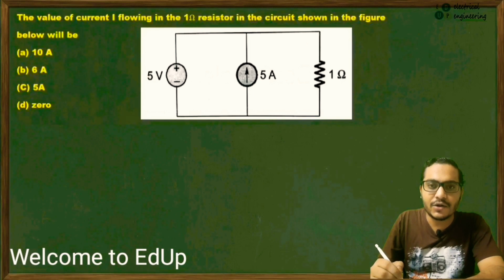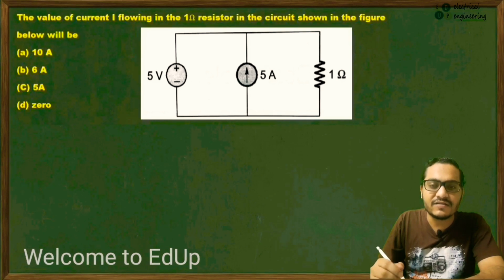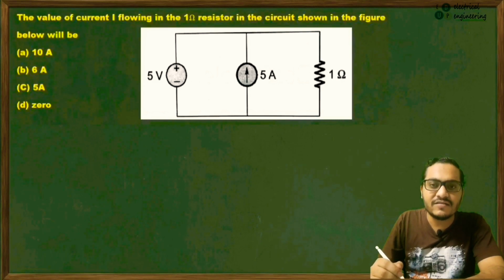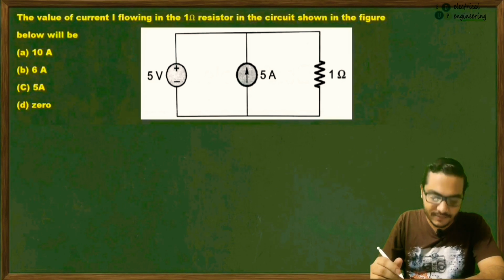This is the second part of the 6th lecture, and in the 6th lecture I told the concept of combination of sources in detail. So in this lecture we will solve some more MCQs regarding that concept. One sincere request from my side: before watching this lecture, please watch that lecture first, so that this entire lecture will be very clear to you. Okay, now let's start today's lecture.